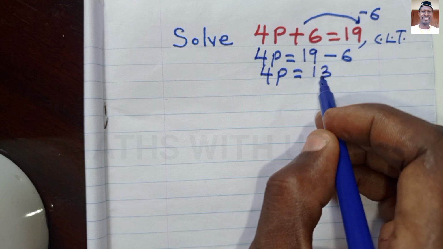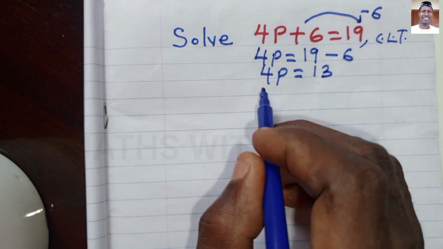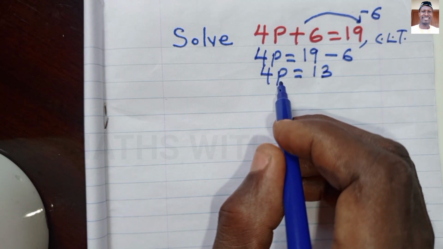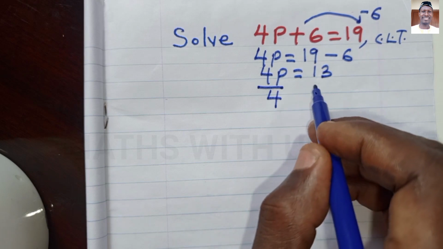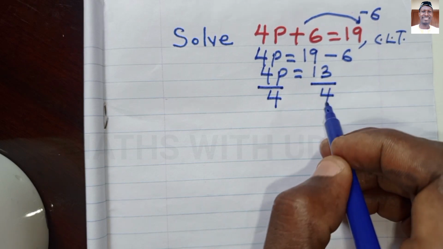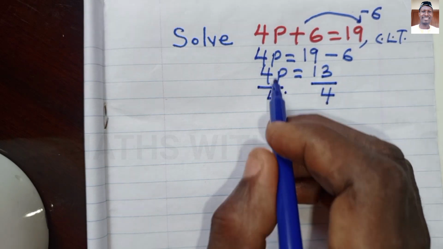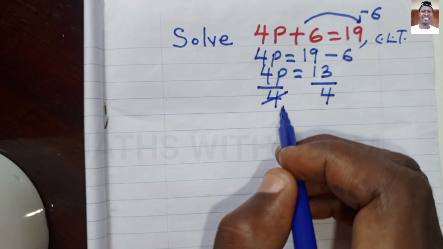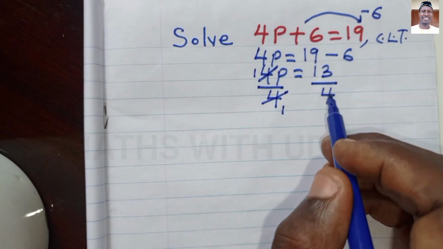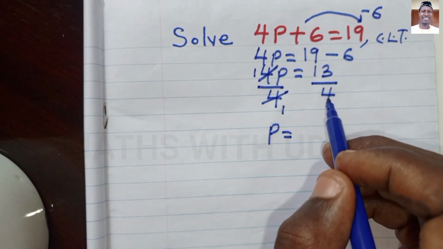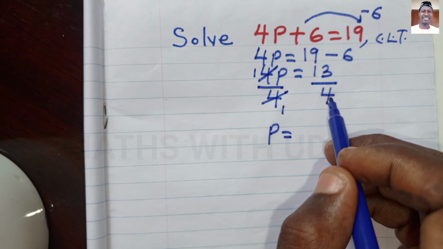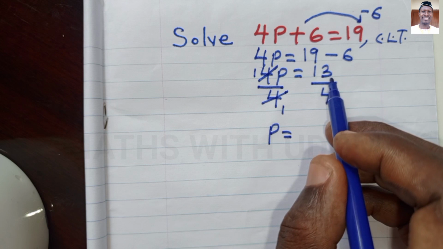Is equal to 13. So to find the value of p, we divide both sides of the equation by the coefficient of p, which is 4. So left-hand side divided by 4, right-hand side divided by 4. So 4 is a common factor. So 4 cancels 4, 1. Okay, so what is left here is p equals to, now 4 dividing 13,